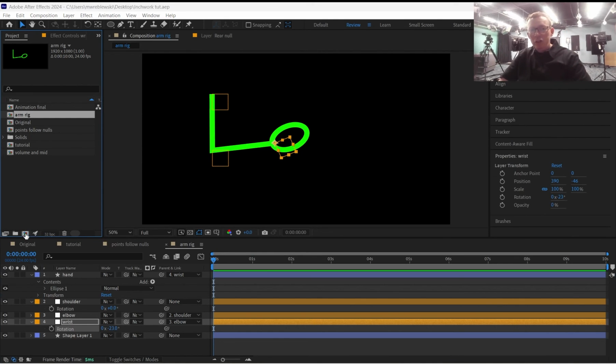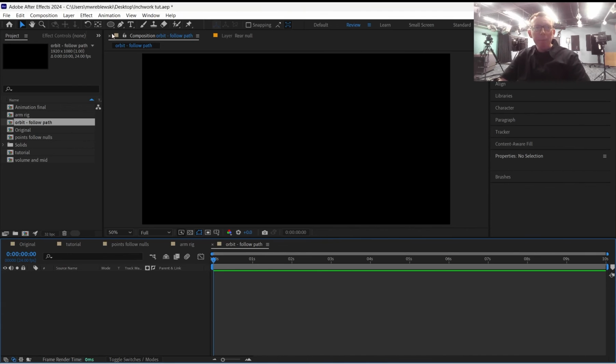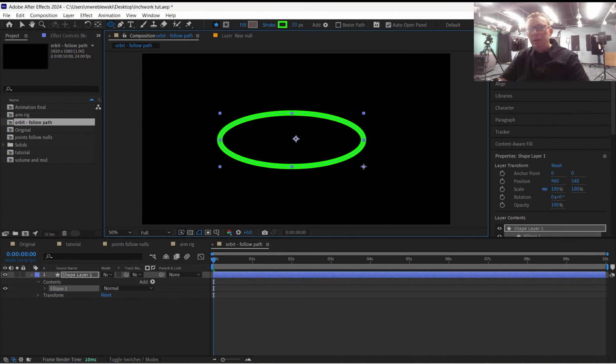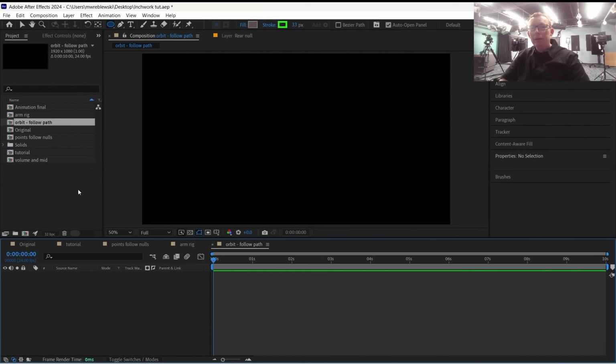And lastly, I'm going to just show you the orbit, like following a path. Okay. So lastly, we got this. Now, I started off wrong to show you something. There's no path in this, so the effect will not work. So I'm going to delete that. When you run into that, make sure Bezier path is checked right here. If I click on Bezier path, it's going to change my shape,